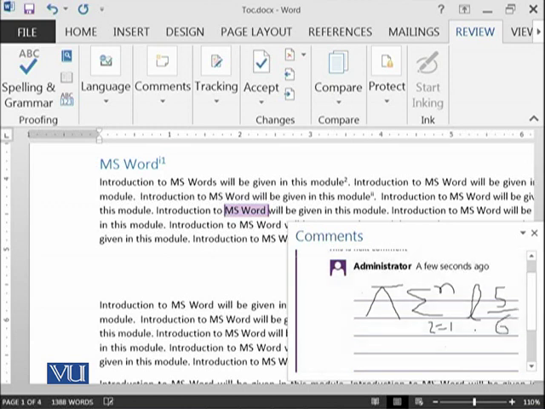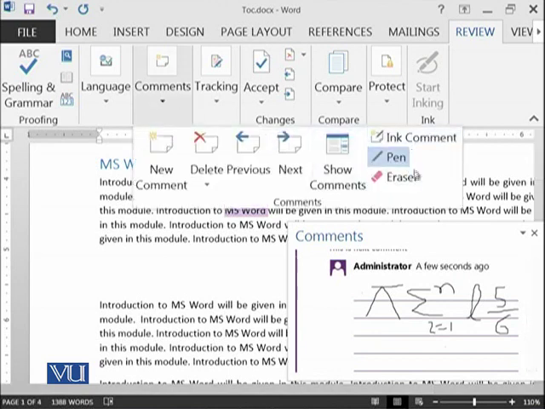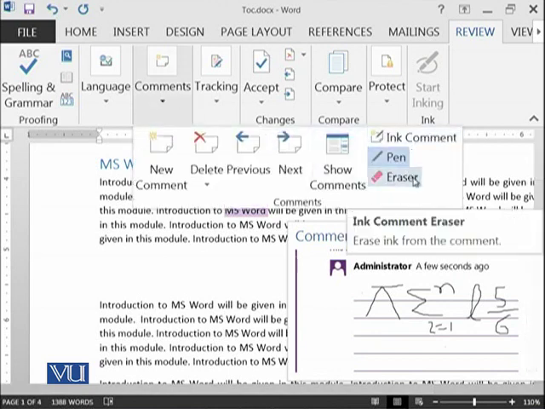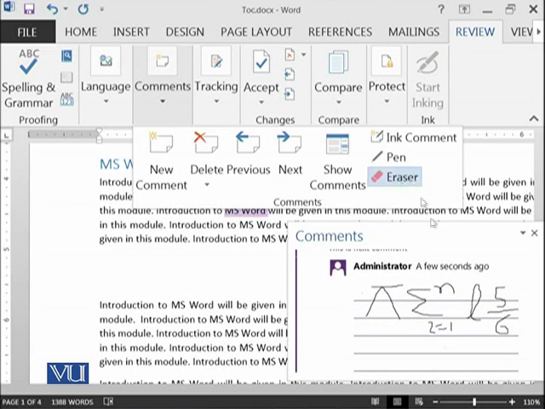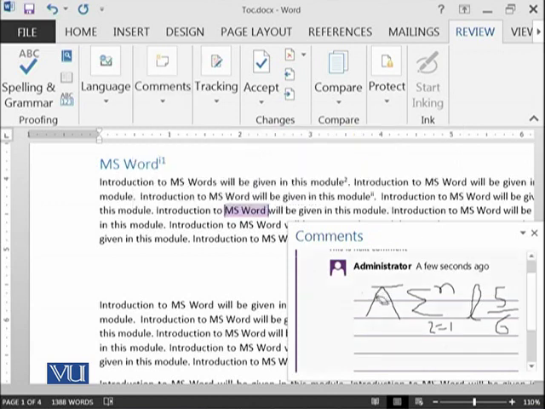So you have seen that we can put things instantaneously without going into insert equation or insert symbols. We have ink available in our hands, and we can write whatever we want using this ink command. And if you have written anything wrongly, then of course you can select the eraser and try to remove this.